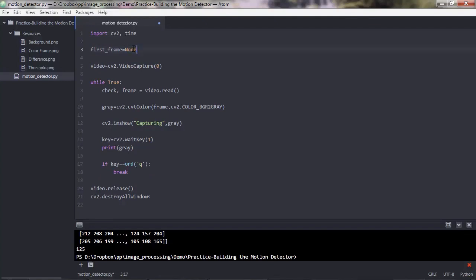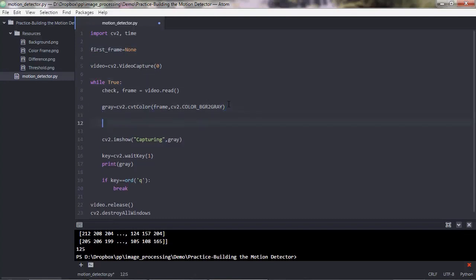So None is a special Python data type that allows you to create a variable and assign nothing to it, but you have the variable there. So if you call this variable later, Python will not say variable is not defined. Okay, if you don't understand it, please hold on and you'll get it in just a while. And what you need to do now is to write a conditional and apply a continue statement in there. Let me write the conditional first and then I'll explain to you what this does. So we want to check if the first frame is None